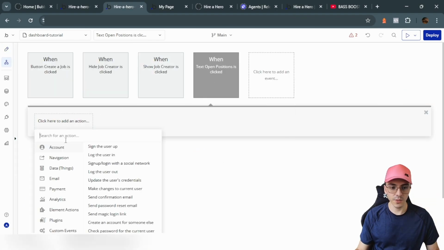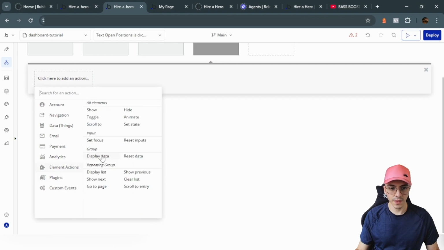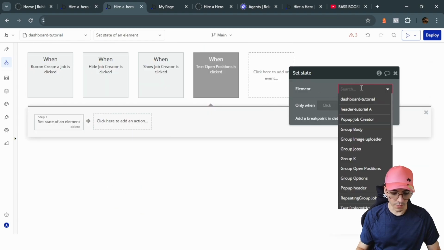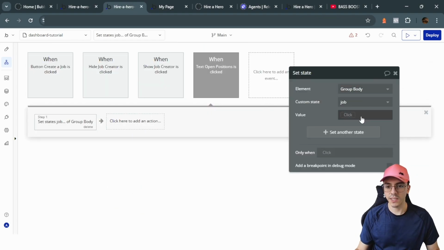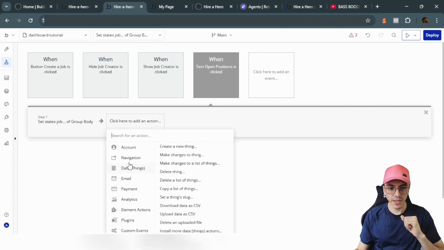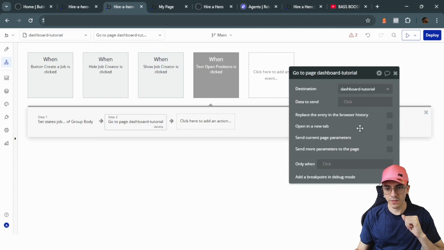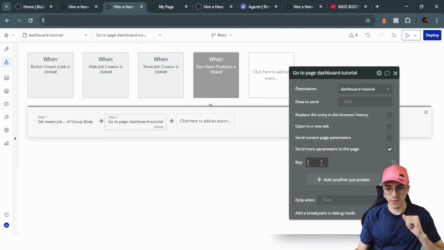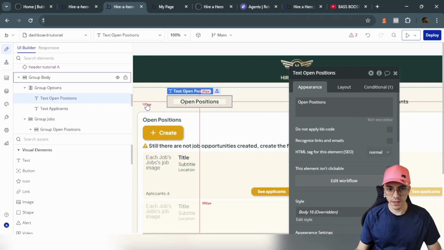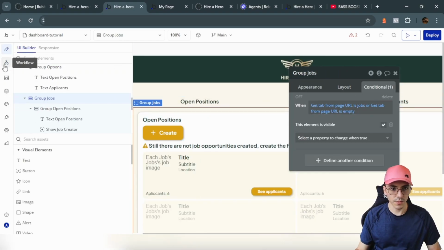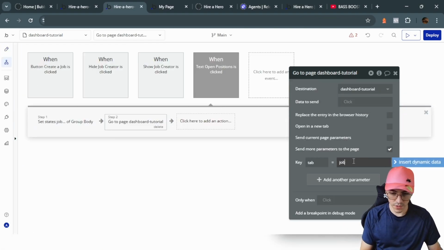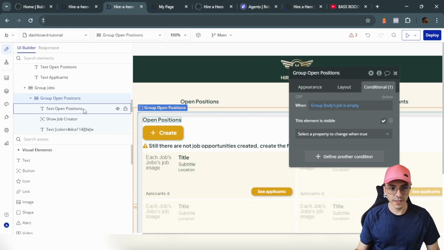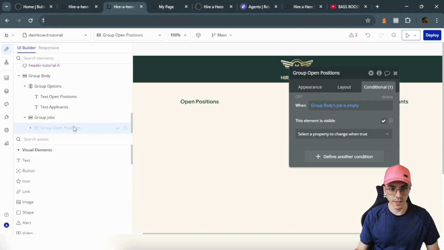What this is going to do is to set states to the body group and basically to empty or to erase any data we have stored here, and to go to a page, this same page, send more parameters, tab will be jobs. Let's validate, yeah, jobs. So here we're going to put jobs, and now let's hide this element